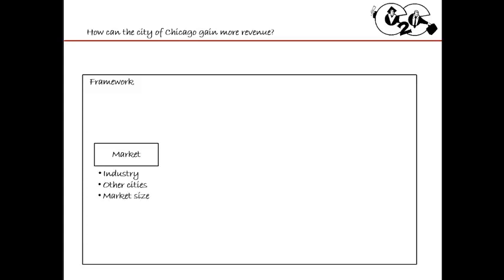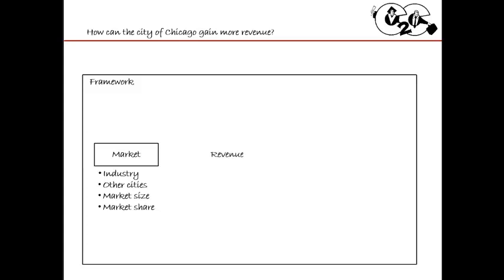For market sizing, what you can do is you could say, for any type of federal funding, where is that going? What is the market size of federal funding? Is most of it going to bigger cities by population, or is it by need, or what's going on? And then market share is how much of that do these different cities get? Is Chicago in the top 3, top 5, whatever, okay?